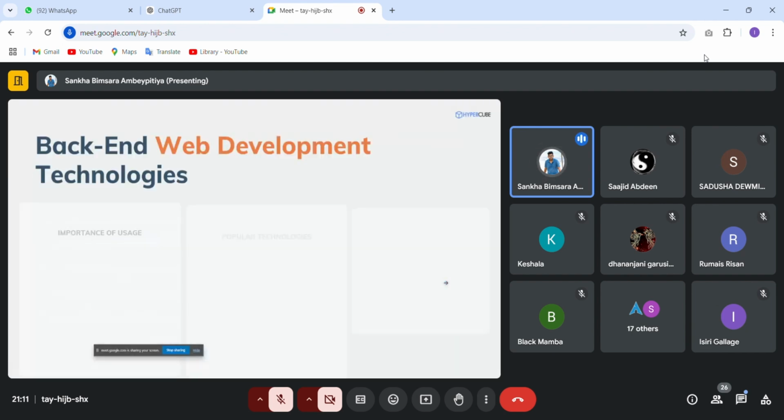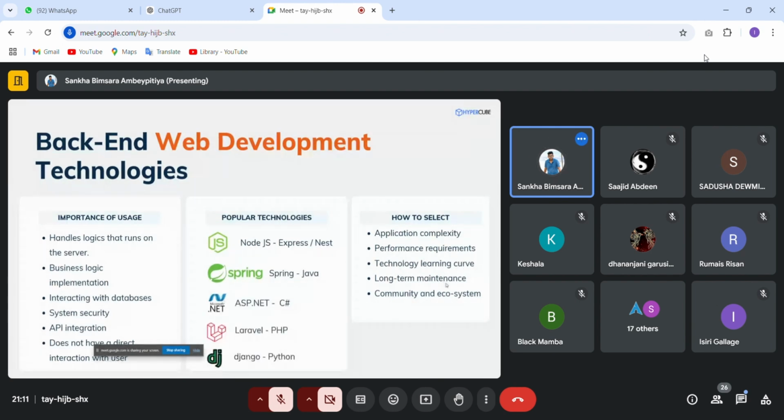Then the back-end development technologies. As we discussed earlier, front-end is the point of interaction with the user, but back-end, as the name suggests, does not directly interact with the user. It sits behind and works with data that the user needs. So the backend handles the logic of the application, or the business logic, what the application does in the background. For example,